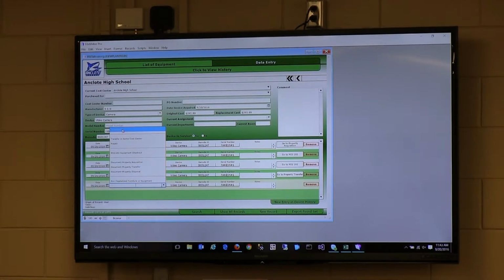I think I mentioned earlier that you can actually use myPrism for your sake as well, and if there are items that you want to keep track of at your school that don't necessarily need to be tagged, you can still do so. It's not something that the property control associates are going to look for when they go to your school, but if you're really liking that scanner and you don't want anyone to take it and you always want to know where it is,